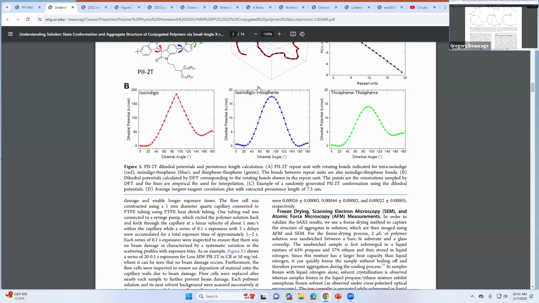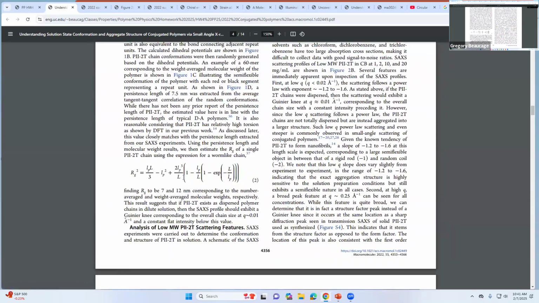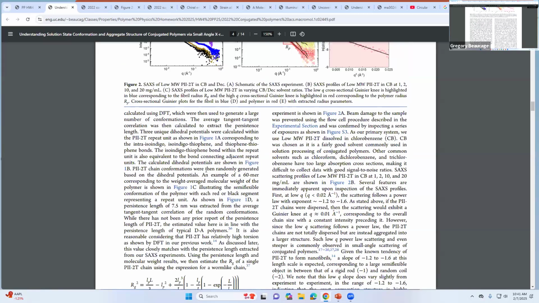And then they know how many Mur units they have in their actual polymers. From that they can calculate the radius of gyration using kind of the equation that we had for the persistent chain. It might be a little bit different, but it's kind of the same thing. It's got the same limits. I think L is infinity, this term drops out, and somehow it ends up the same. I don't know. Anyway, they calculate the RG from that,